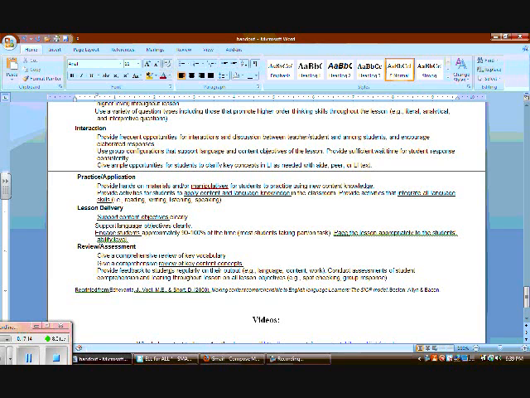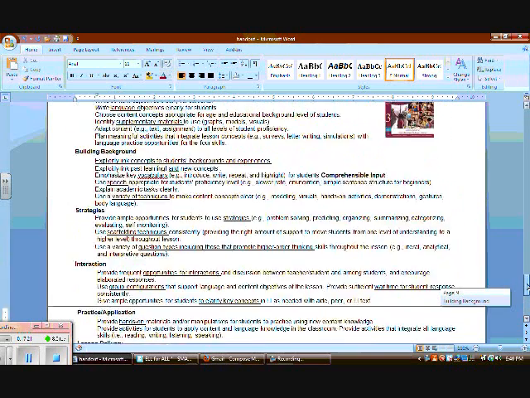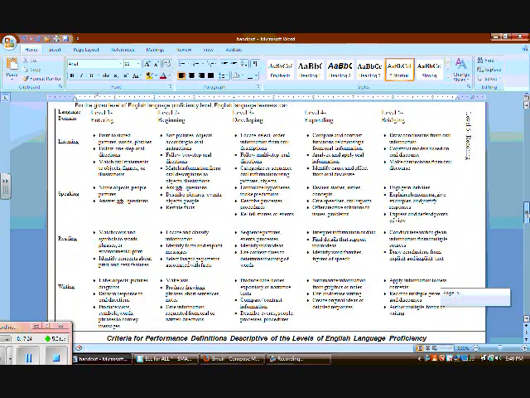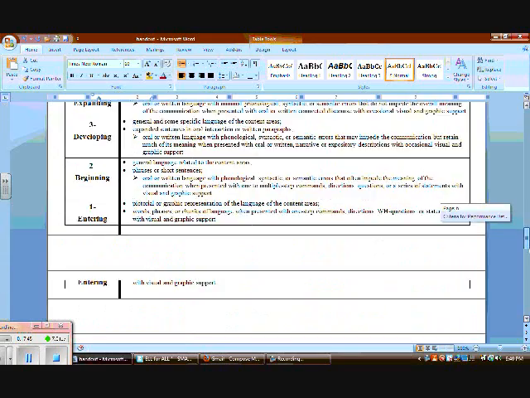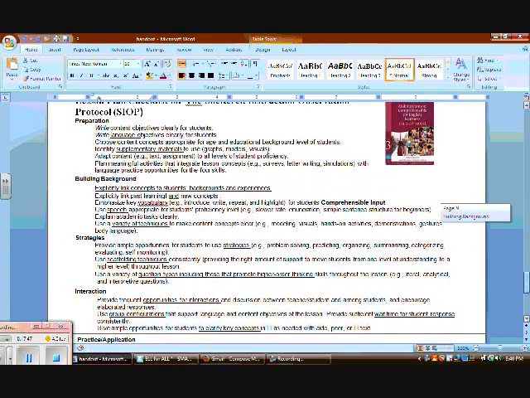The WIDA descriptors too, the can-do descriptors, can be very helpful for reviewing an assessment because we want assessments to be hands-on and authentic. So again, the can-do descriptors can help you think about how you could provide opportunities for them to do something beyond a paper and pencil test. Can they point if they're level 1? Can they follow directions? Can they match something and show you that they know the content? Do they have to write an essay? Not necessarily. What are the other modalities we can tap into to have them show us what they know? So this is a very helpful